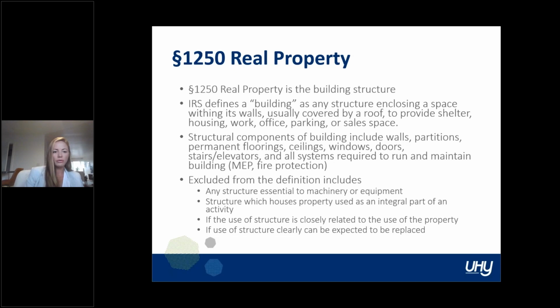So the IRS also further goes into the definition of a building and excludes certain items from the definition. So excluded from the IRS definition of a building is any structure essential to machinery or equipment. So what they mean by any structure essential to machinery or equipment is anything within the building that is supporting the machinery or equipment. This could be electrical outlets, it could be electrical wiring, it could be process plumbing lines,